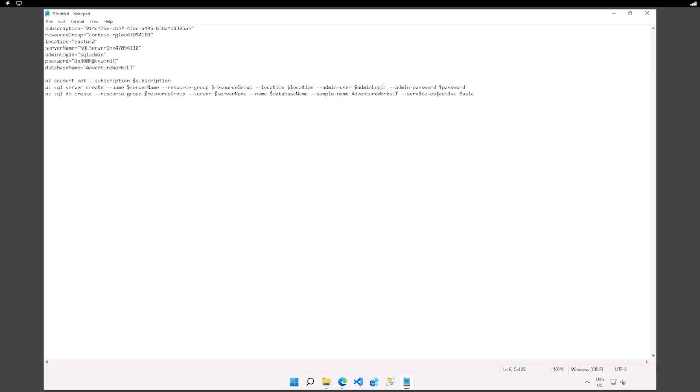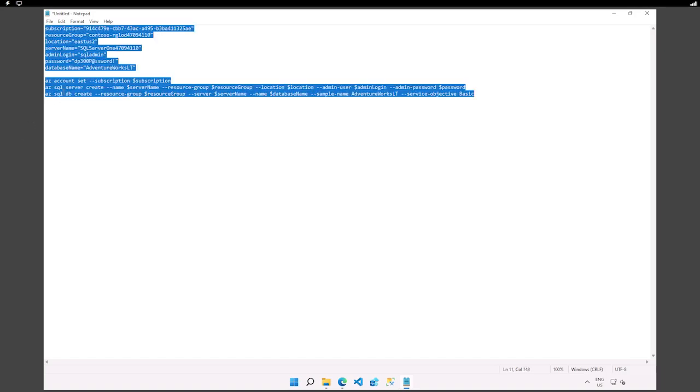Okay, so be mindful that it needs to be aligned with the complexity required for the password for SQL databases, Azure SQL databases here. All right, so here you go. I'm going to just double check my values. I have the subscription ID, the resource group, location East US 2, server name, admin login, password, and the name of my database. Perfect. So what is it going to do here? It's going to run a couple of commands. That's what we're going to be doing as part of the provisioning through the portal here.